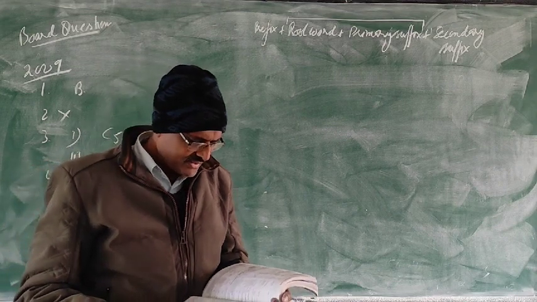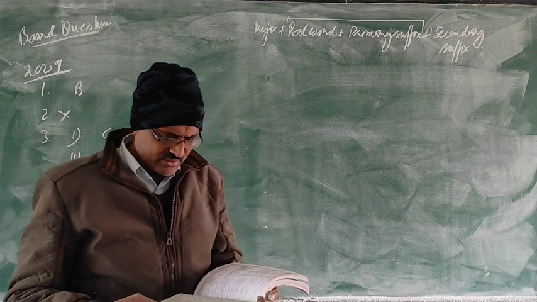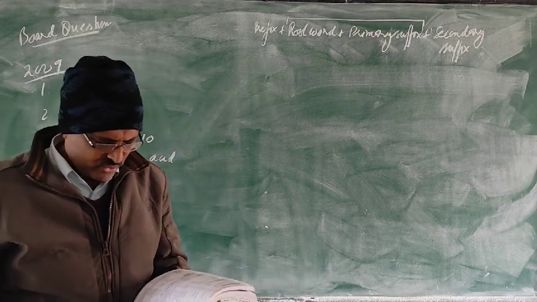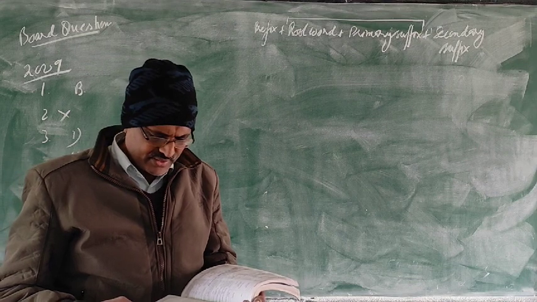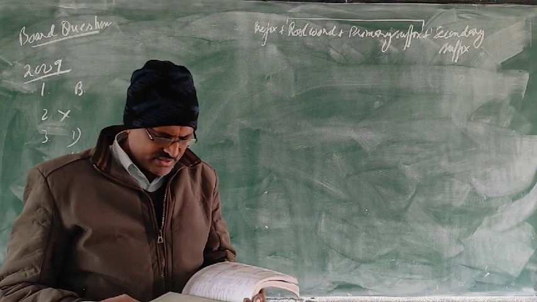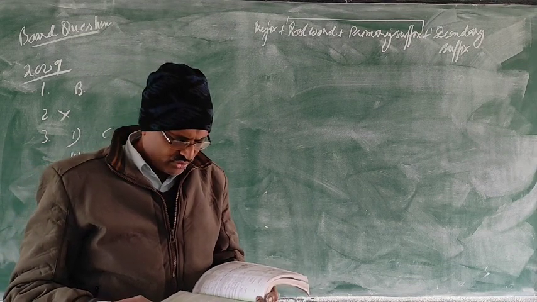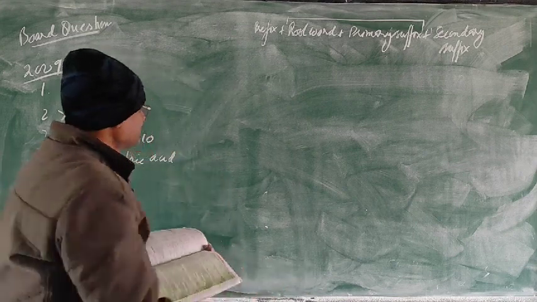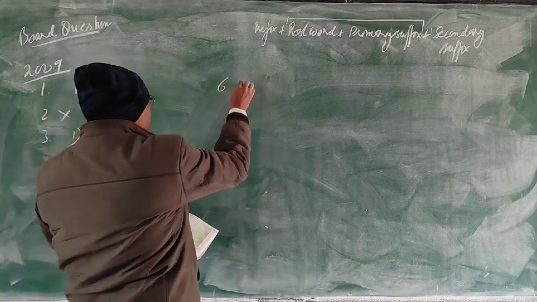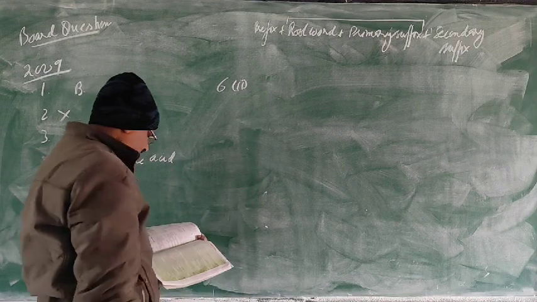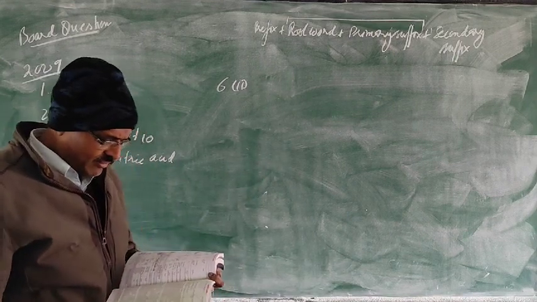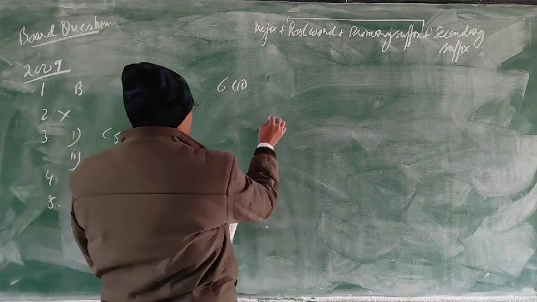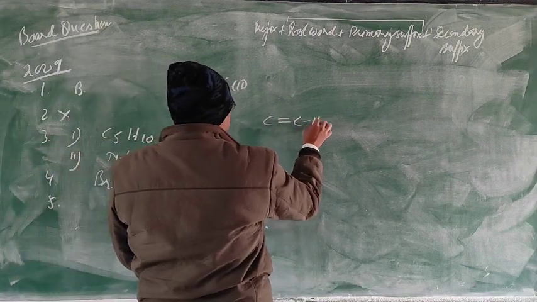Then question number 6: give the chemical equation, laboratory preparation of methane, not in syllabus. The second one, the reaction of 1 mole of ethene and 1 mole of chlorine, is in syllabus. Then the third is also not in syllabus. So the second one, just to see, the reaction of 1 mole of ethene with 1 mole of chlorine. So this one is ethene.